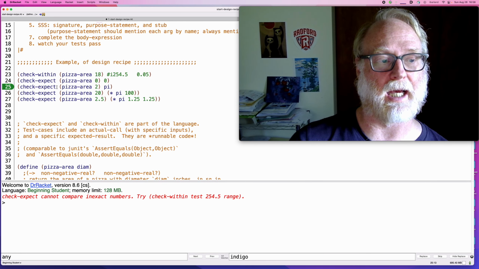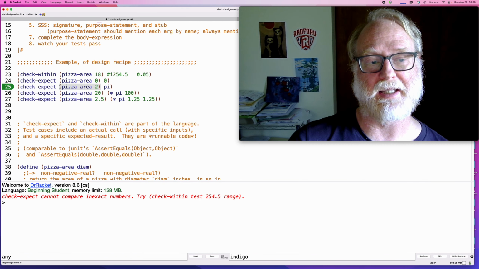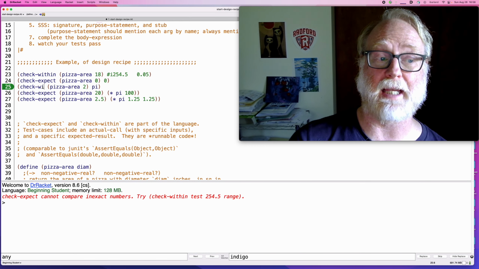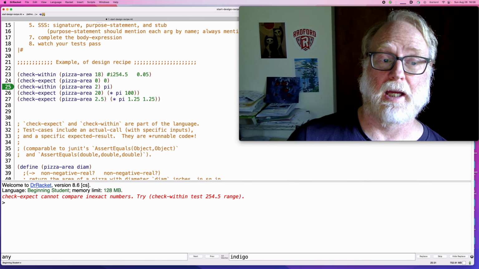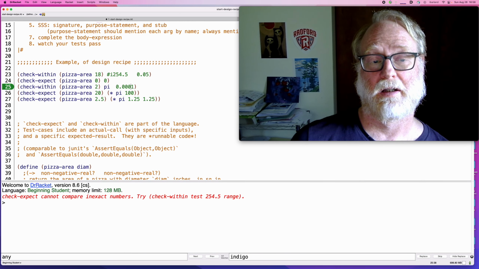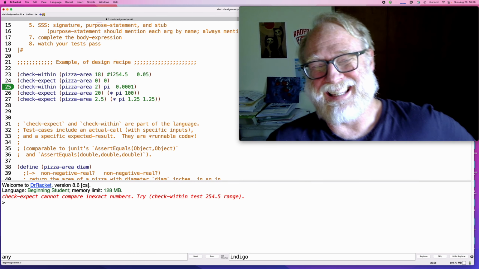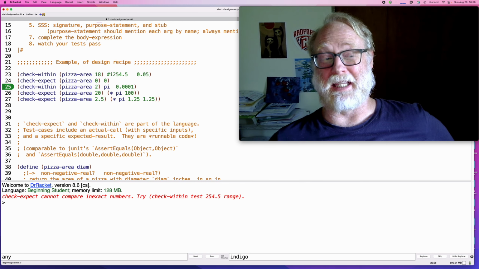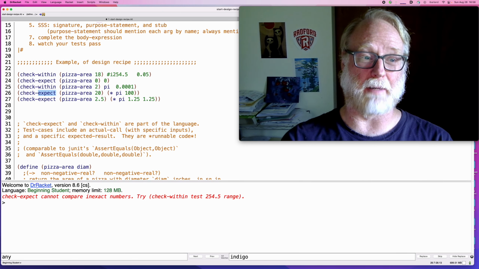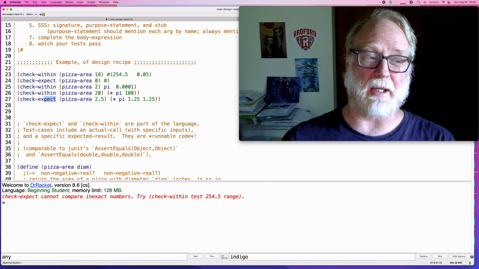Check-expect of pizza-area of 2 should be pi. That's going to be a check-within. Pi is a double, and so we want to do that with a tolerance. In fact, when I say that, I'm going to make these with check-within, so ones that have doubles show up in them. And the double shows up in the output, but